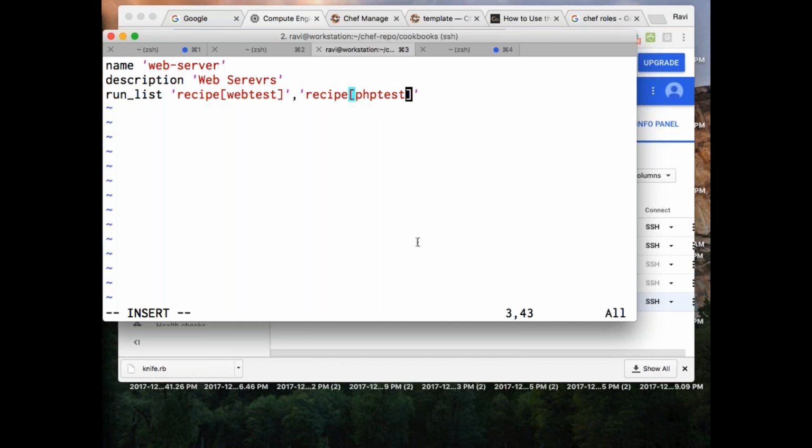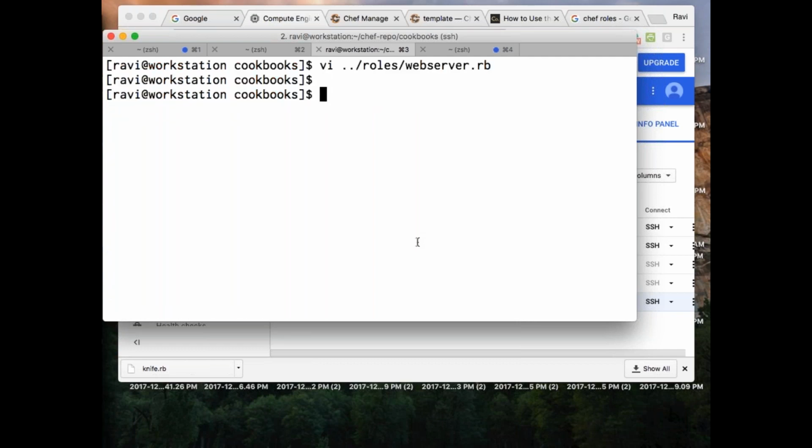I'm going with that particular web server.rb.